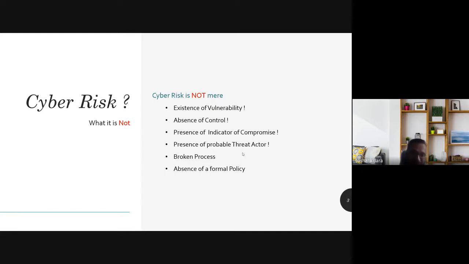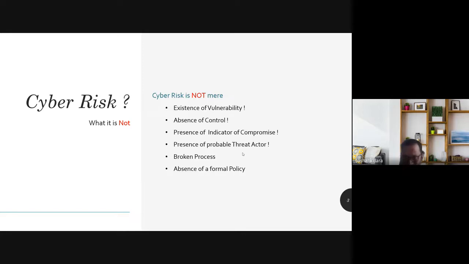We can't just say that, hey, there is no edge firewall, or there is no cloud firewall, or there is no encryption, that's why it is risk. No, it is, again, a very, very abstract statement. We can't just say that mere absence of a control is a cyber risk. We'll cover these examples through presence of an indicator of compromise. You would have seen that, hey, this particular malware has this file hash or an IP address, it is a risk. No, as we have seen in the cyber risk statements on the first slide,